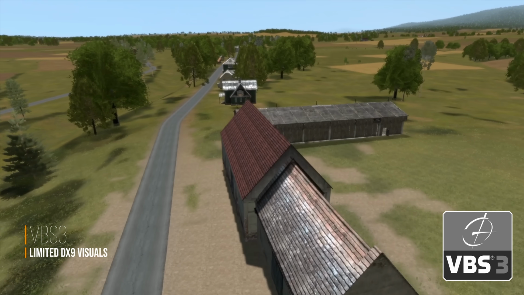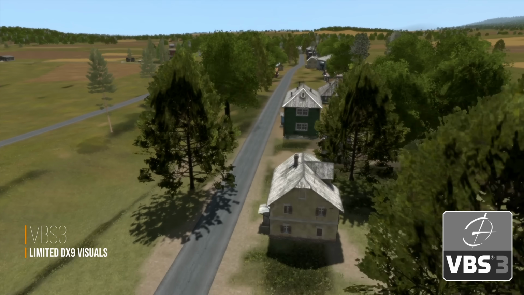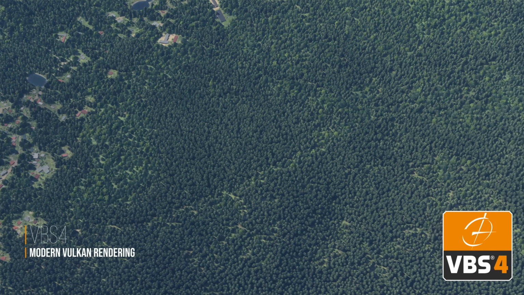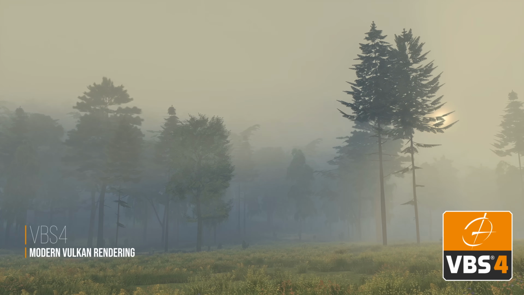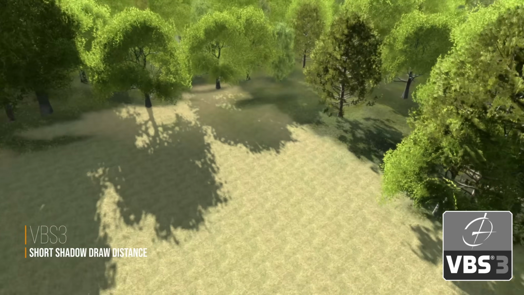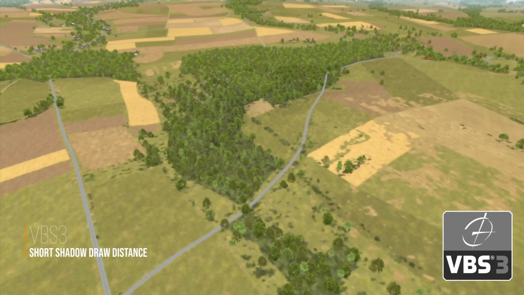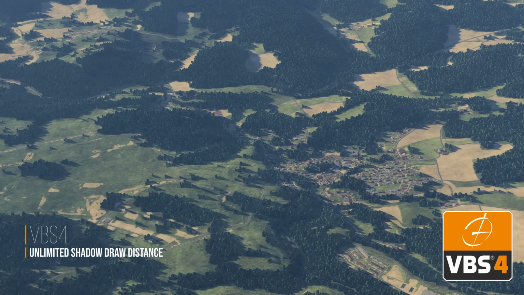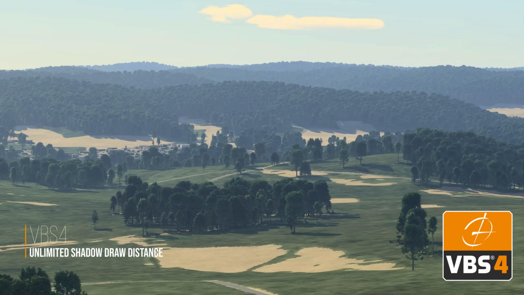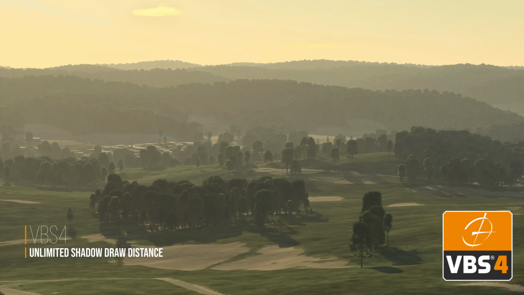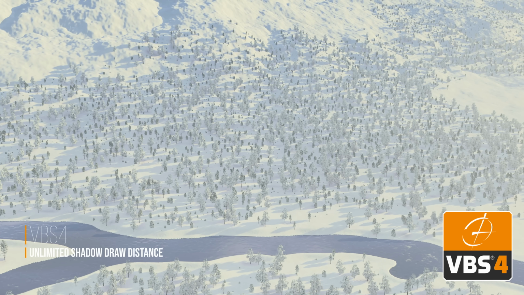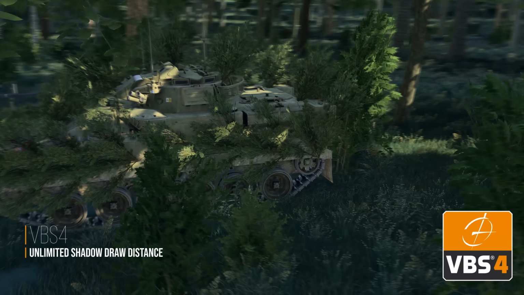VBS3's visuals were limited by DirectX 9, a hard-coded view distance, and limited dynamic lighting. VBS4 moves to Vulkan, unlocking modern rendering features like screen space shadows and volumetric lighting. In VBS3, shadows had an extremely limited view distance, disappearing after 100 meters. In VBS4, thanks to screen space shadow techniques, shadow draw distance is effectively unlimited. As in reality, this makes for a much more visually complex and lifelike scene, making observation more challenging and camouflage